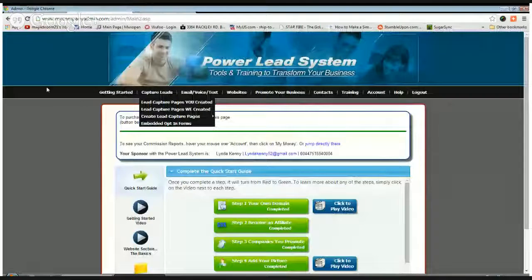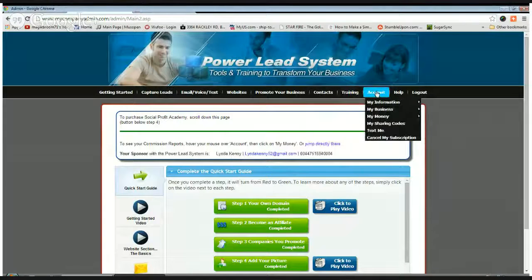Okay, you're going to log into your back office here. I'm hoping you can see me pretty good. Yep, you can see it. And here's your getting started page. Over here is your account button. It's the third tab from the right hand side, and right on the second drop down is business, and then there's companies I promote. You're going to click that button,